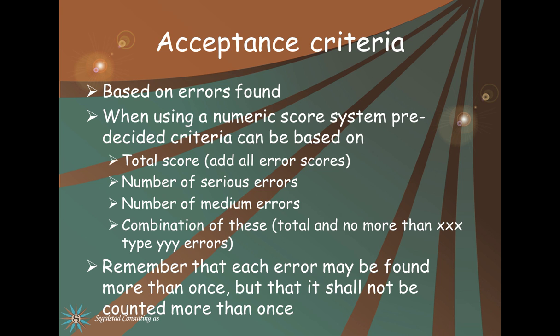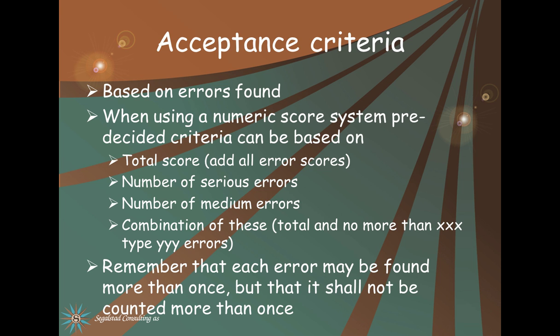The validation plan also needs to cover acceptance criteria. They are predefined in the validation plan. It's easy to write that we do not accept any errors and no errors is the desired outcome, but it is kind of difficult to live with as we usually do find some errors. It's also impossible to foresee which errors you will find and to discuss or rate them upfront. Instead, you can define a score system for serious errors, medium errors, and errors we can live with, and have that defined in the validation plan.